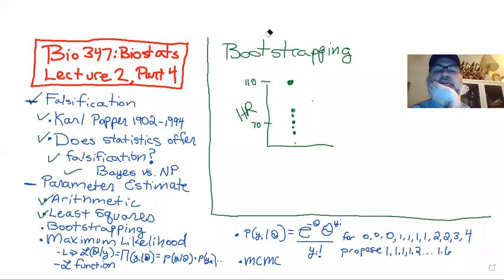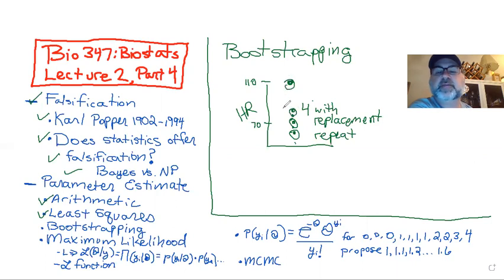So what bootstrapping does is you sample, you have 1, 2, 3, 4, 5, 6 points. In a bootstrap, you may say, I'm going to grab 4 points. And here's the thing, with replacement. And you're going to repeat. So in other words, you randomly grab 4 points. So grab this, grab this, grab this, grab this. You take a mean, it's going to be there, right?